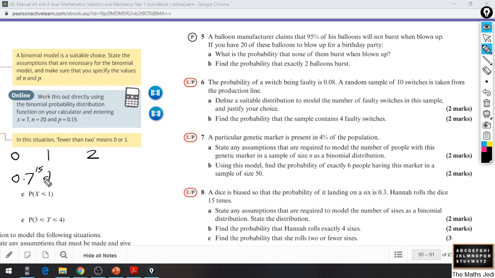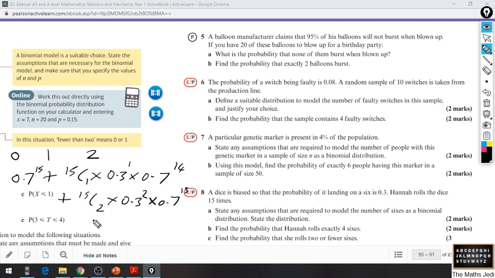Chance of getting 1 would be 15 choose 1, and then chance of success 0.3 to power 1, and then 0.7 to the power of 14. Again, noting that these two powers should add to that 15. Chance of getting 2, different ways in which that can happen. 15 choose 2. Chance of success 0.3 squared. Chance of failure 0.7 to the 13. These again should add to 15. Add all those up